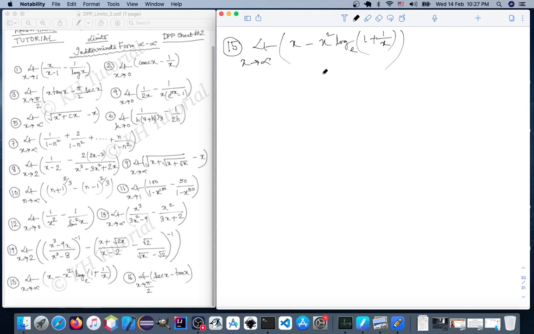So x tends to infinity. Definitely it is of the form... x tending to infinity implies 1 by x tending to 1 by infinity, tending to 0. This implies 1 plus 1 by x tending to 1 plus 0, tending to 1. This implies log e 1 plus 1 by x tending to